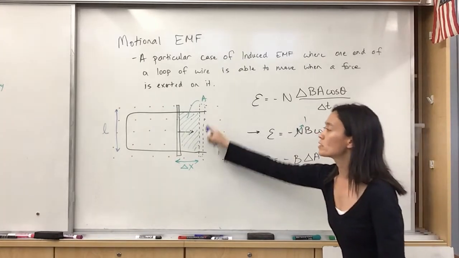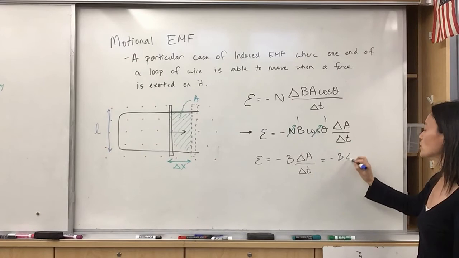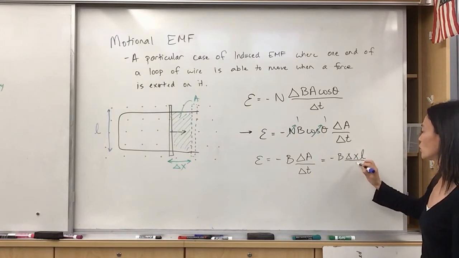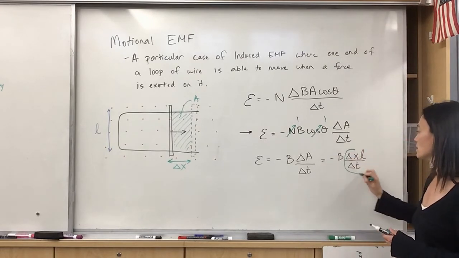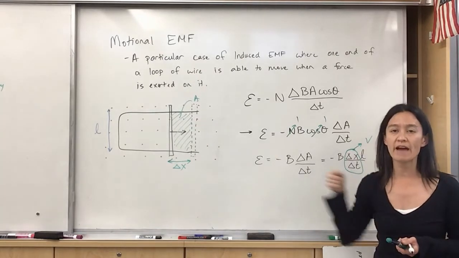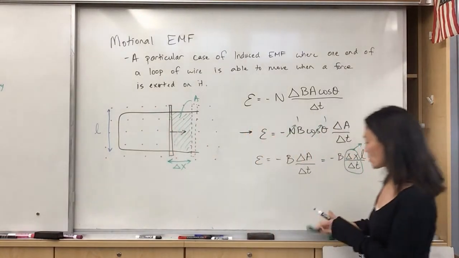But we can describe our change in area as our change in X times L over change in T, and delta X over T is just velocity. So we can represent this in terms of how fast this part of the loop is moving. So the equation actually